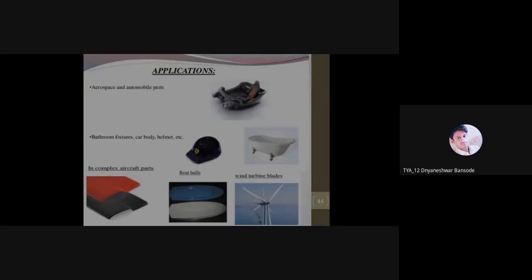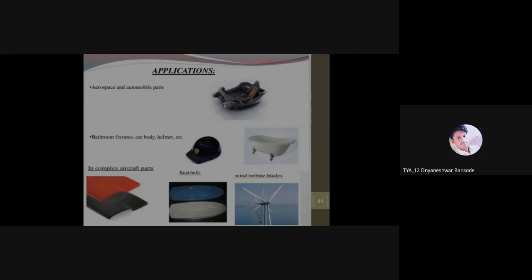These are some of the applications, like compression molding, but some complicated shapes: aerospace and automobile parts, bathroom fixtures, car bodies, helmets, boat hulls, wind turbine blades.